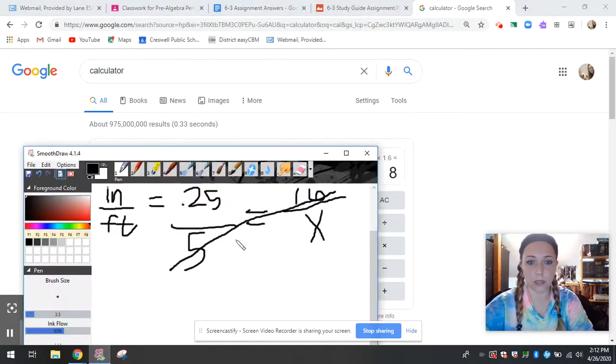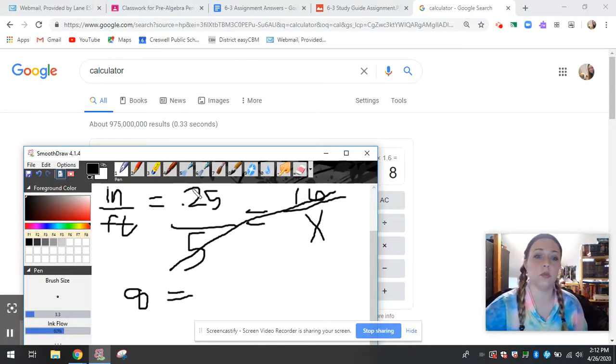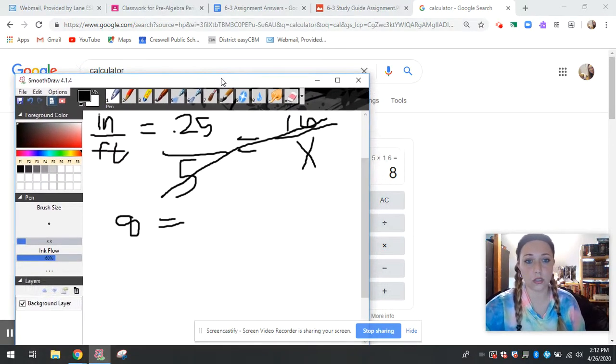Go back to my piece of paper. 5 times 1.6 equals 8. So now I have 8 on one side of my equal sign. Equals, cross multiply that 0.25 by x. Obviously, I don't know what x is, so the simplified version is 0.25